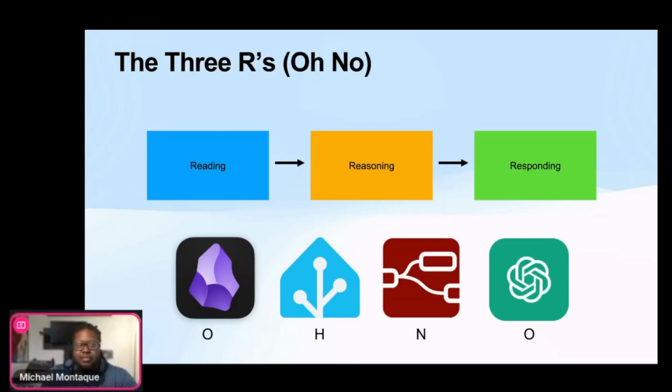You have Home Assistant, which is the interface that connects all of the devices and makes your smart home connected to everything else around it. Node-RED is the controller, or the business logic, for me at least. It contains all of the logic necessary to run the automations. And then we have AI, which is technically optional.